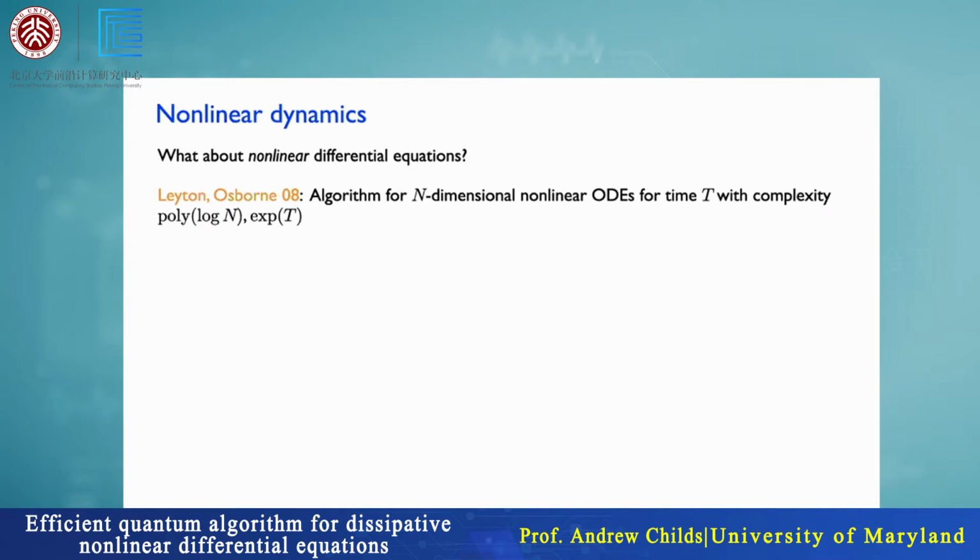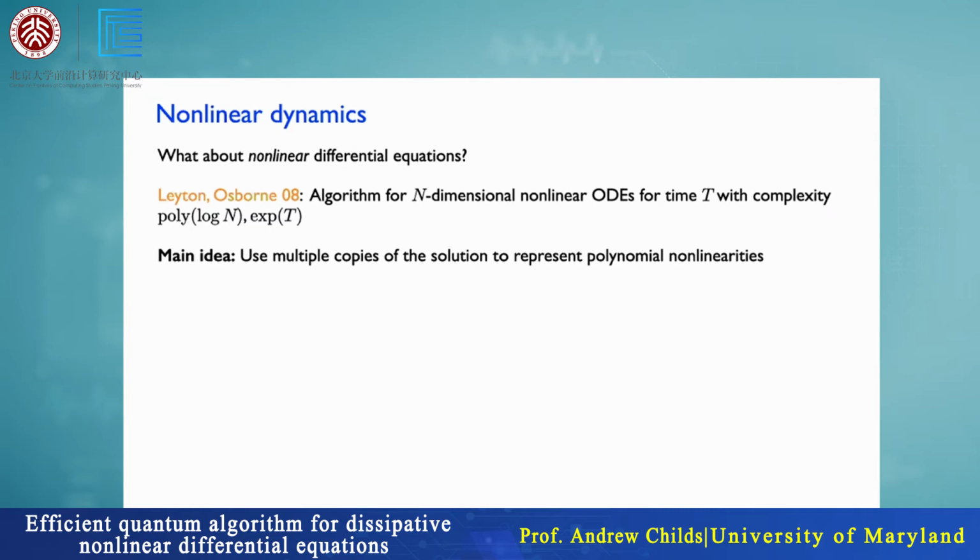So this was a nice first step in this direction, but this is a pretty serious roadblock. Until just this past year or so, it was not known how to improve on this to get complexity that's any better than this exponential in t scaling. So the main idea of this Layton and Osborne approach was, essentially, that the way one can imagine realizing these